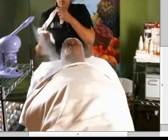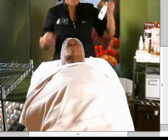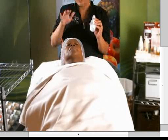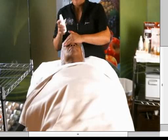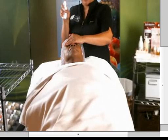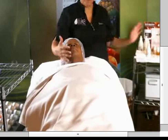Once removed, then we'll tone the skin with the Grape Stem Cell Solutions Hydrating Mist. And I'll show you the 3 ways that I was talking about during the step-by-step protocol overview of how to apply the toner. You can simply spray it onto the skin by instructing the client to keep the mouth closed and then cover the eyes. Hold the bottle straight up and down behind the client, and then you'll simply pump the toner once, twice, and then press it into the skin with your hand